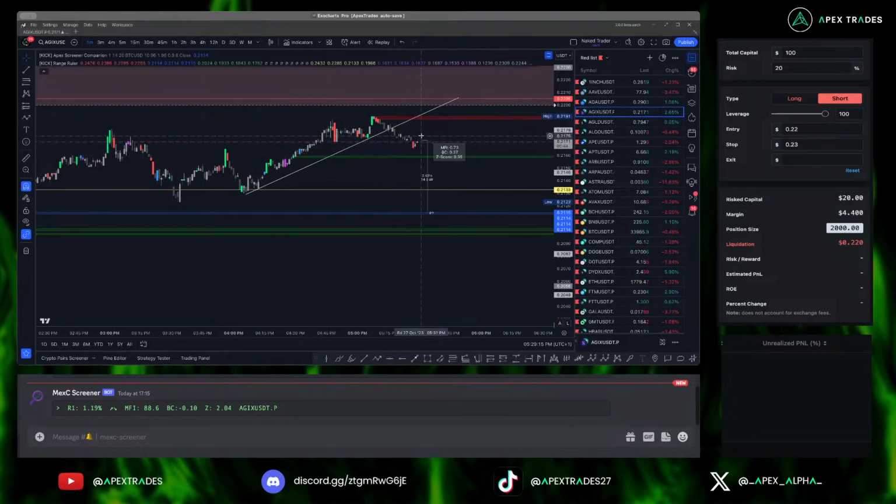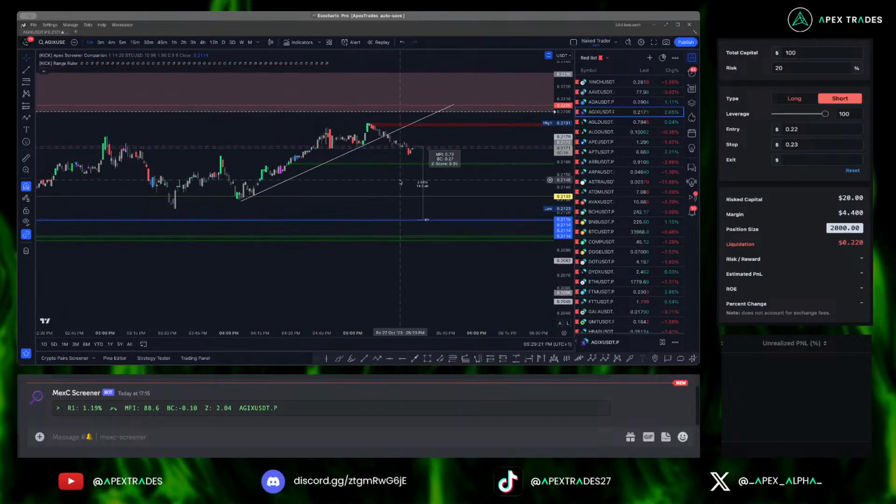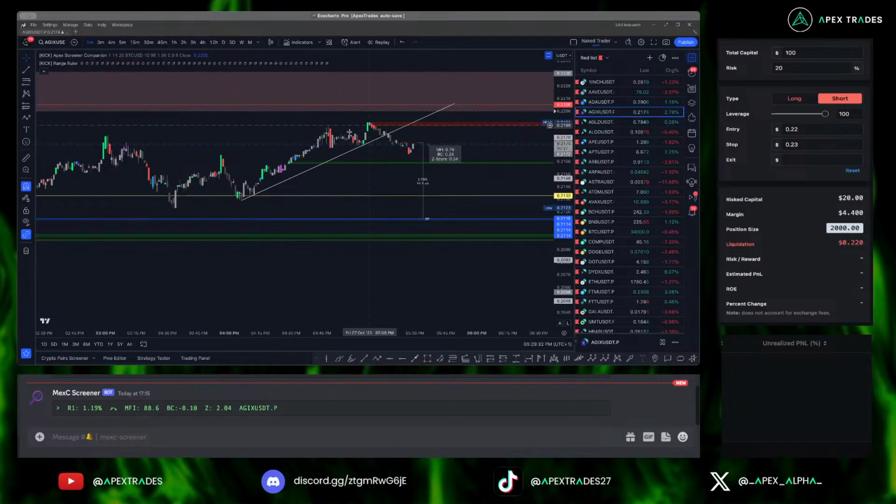So I'd expect price to come back in, make a bit of a shoulder, and then really come back down again. The only reason I'm not going to take this trade is because it isn't in the supply zone. From a confidence level between 1 and 10 right now, I'm confident like 4, 5, 6. If we get into the supply zone, my confidence of taking that trade becomes 8, 9 in that region,